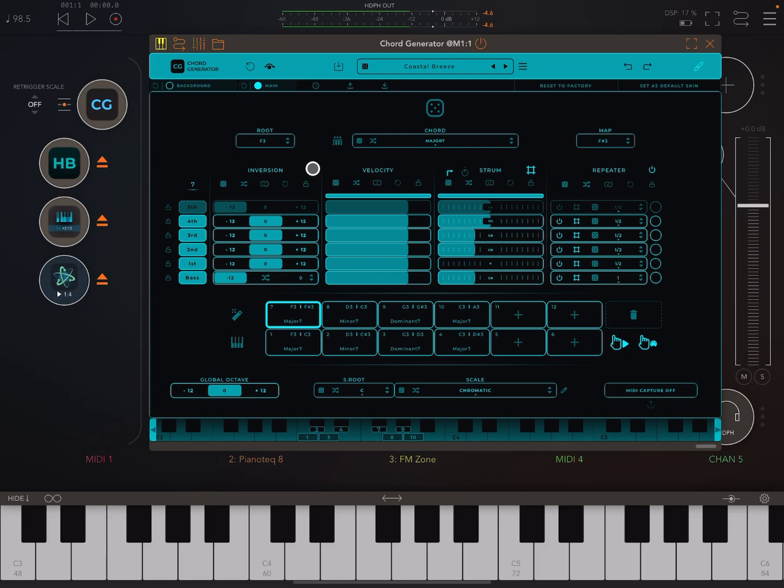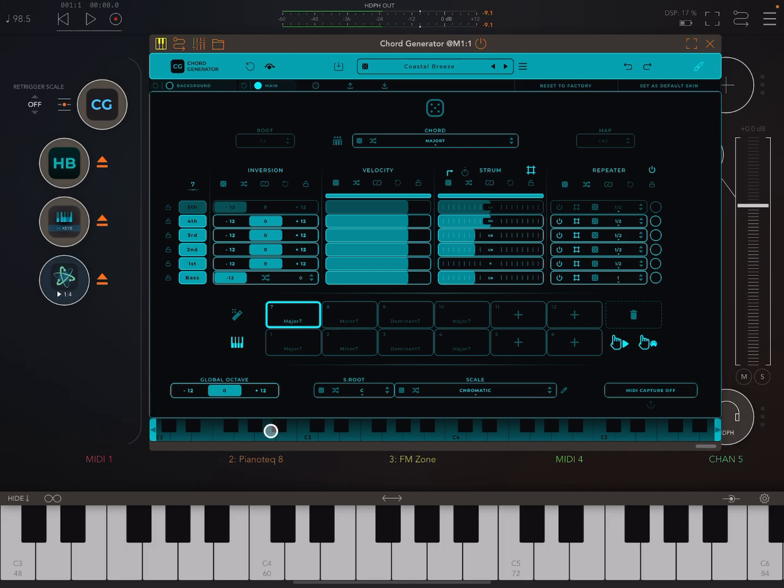There can be another thing that can confuse you when you start using the app. When you go through some of the presets, some of them have this on, but you might not really notice that. What you might notice, if you're paying attention to the top of the UI, is: why can't I change the root note here for this pad? That's because when we turn this on, this is called single note mode. And single note mode just means